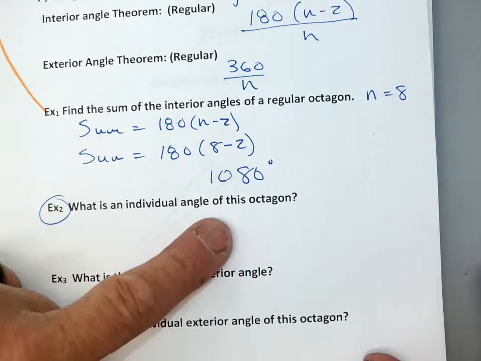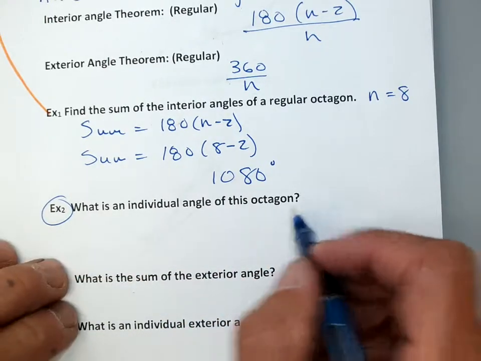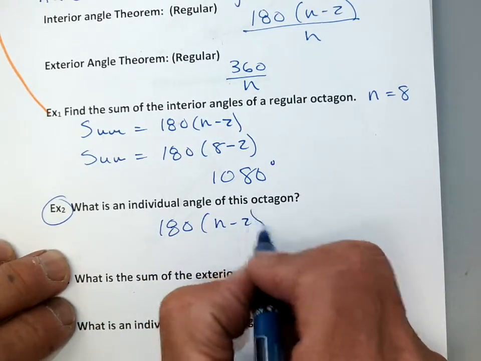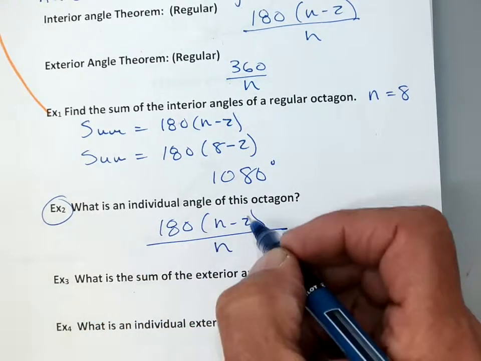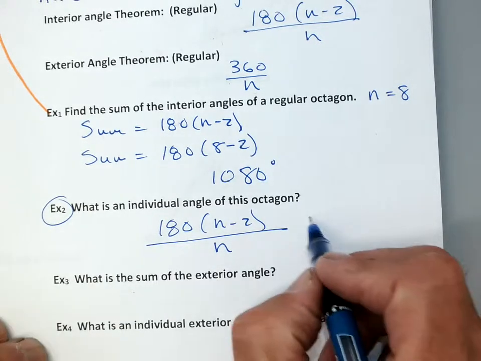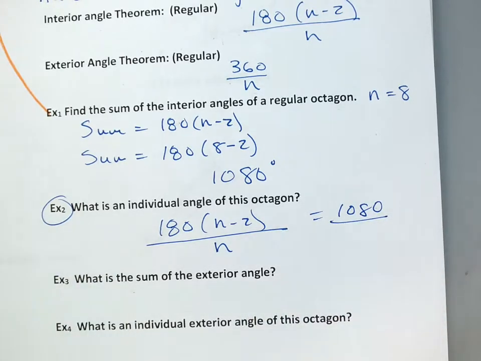Okay, example 2. What is an individual angle of this octagon? Well, I'm going to use this formula. I'm going to take my 180 times my n minus 2 and divide it by n. So I already know that all of the angles is 1080, right? And we found that before. So if I go all the way around, I get 1080. But now let's just break it up into the 8 angles. If I divide by 8,